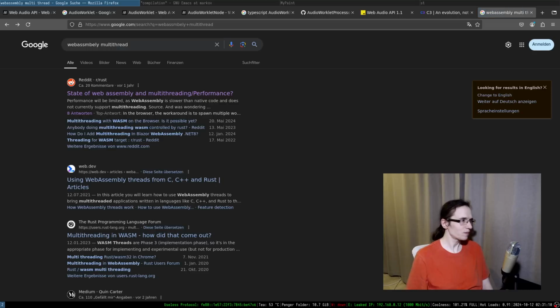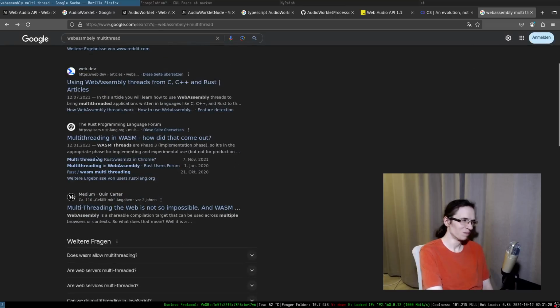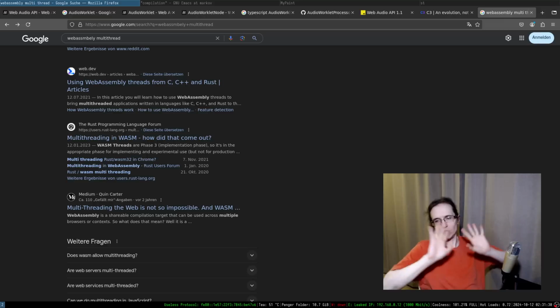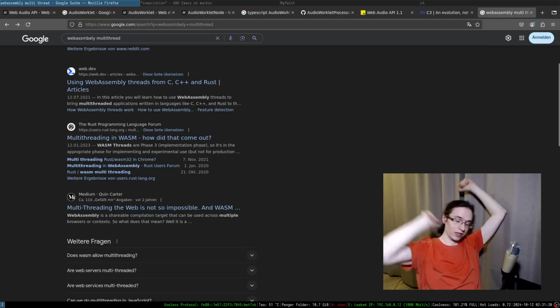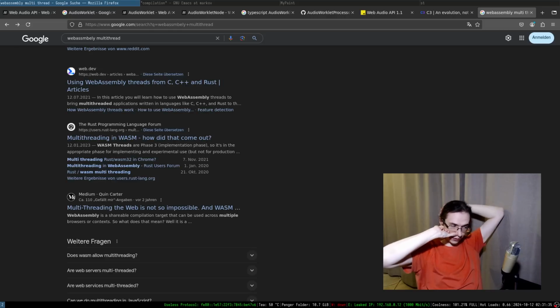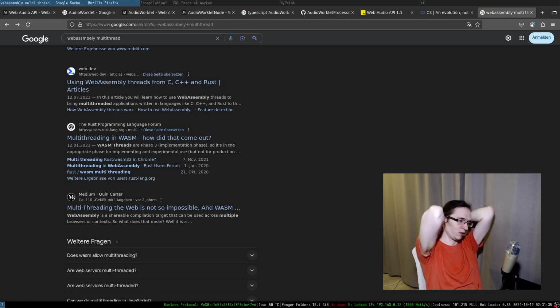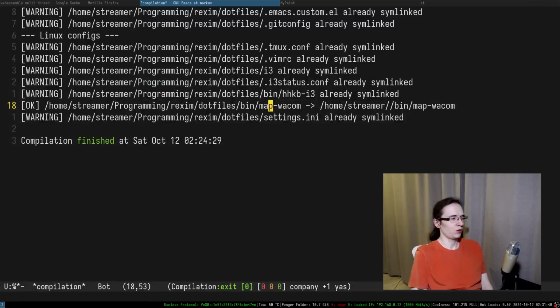Anyways. So it's in all browsers, I see. Honestly, it would be kind of interesting to do a separate stream on multi-threading in Wasm. Okay, I'm not going to touch multi-threading in Wasm because I know nothing about it. We're going to have a separate stream on that, just exploring multi-threading in Wasm. Yeah. In any case, so